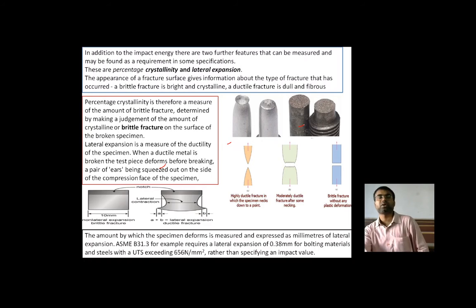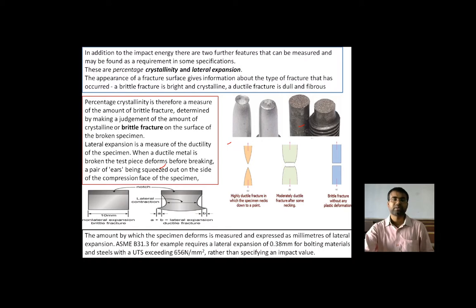showing the brittle fracture, and the brittle fracture is bright and crystalline, a ductile fracture is dull and fibrous. So as this is showing, the brittle fracture is bright and crystalline, a ductile fracture is dull and fibrous. As you can see in the figure,